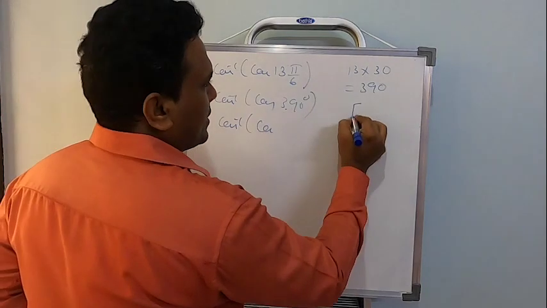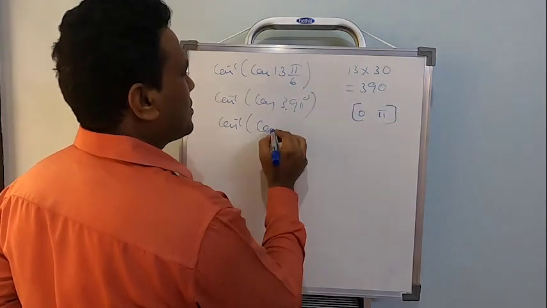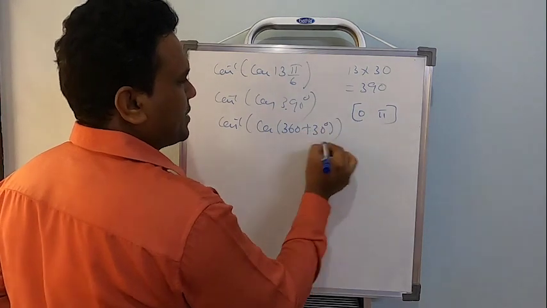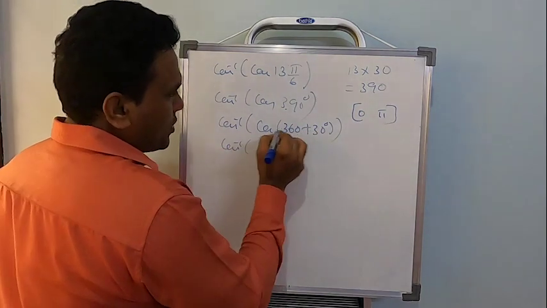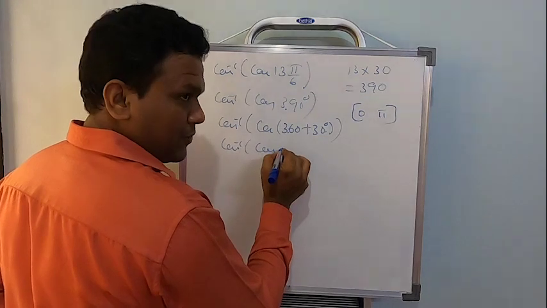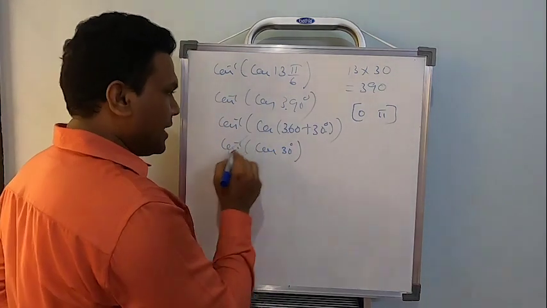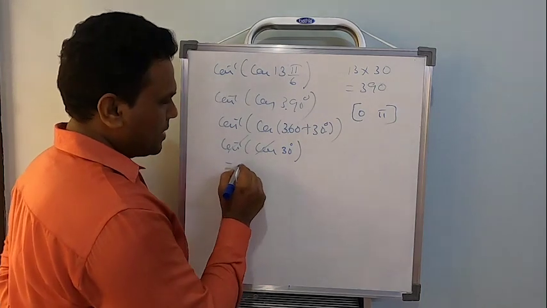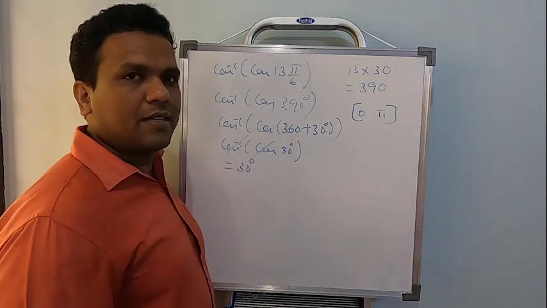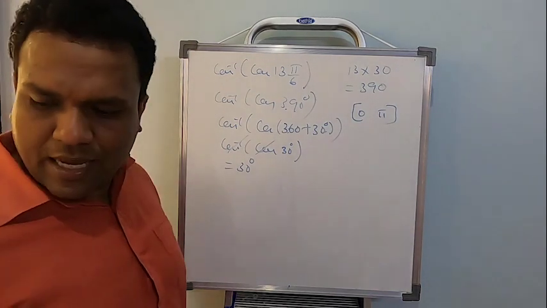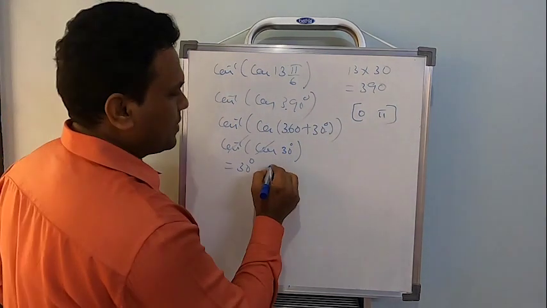Once again, the limit should be 0 to pi for cos. So 390 can be written as 360 plus 30. That's fine. Okay. Cos of 360 plus theta, for the first quadrant, cos will be positive. Right. Now I can eliminate cos inverse and cos, and the answer is simply going to be 30 degrees. Right. So the next one is tan inverse tan 7 pi by 6.